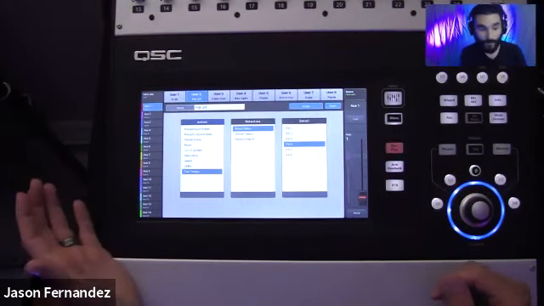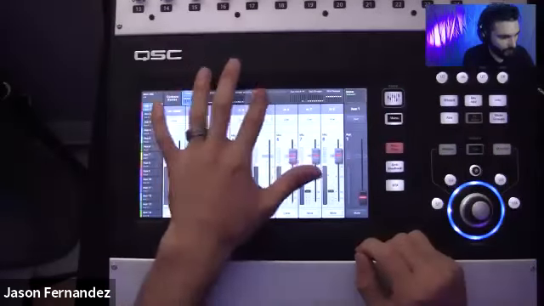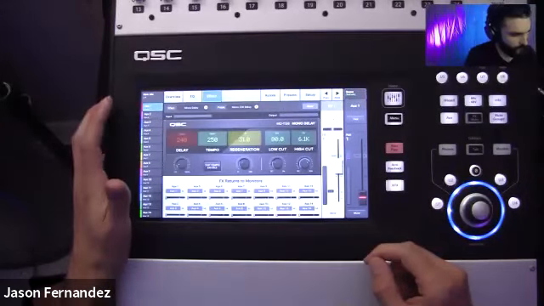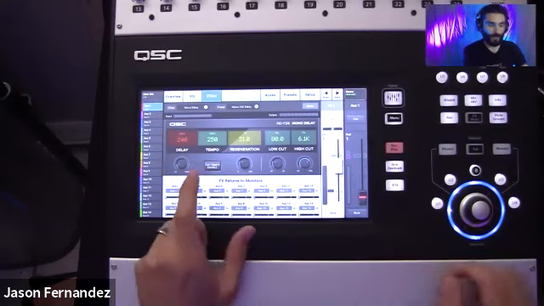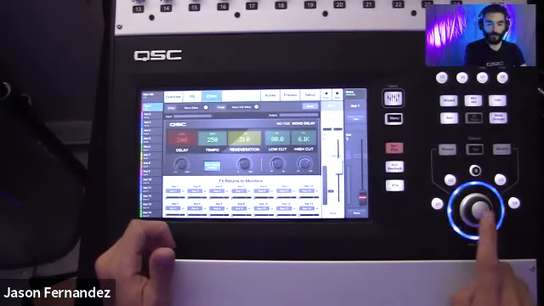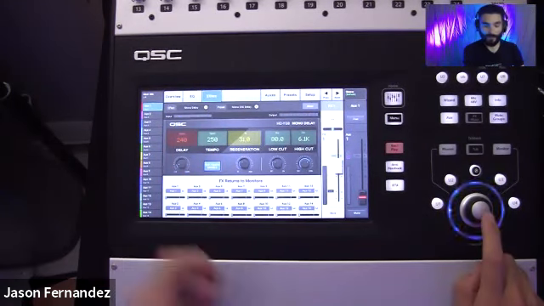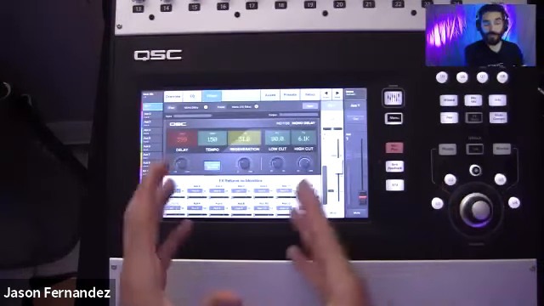I also have tap tempo here. This one is really cool. So if you're using a delay, I'll go to my effects here, and where's my delay? There we go. So I got my mono delay here. There is a tap tempo control on your delay itself, and if you activate that, it throws it to your wheel. You can see my wheel started blinking there, and now I can tap the wheel to set my tap tempo. Okay, I've set that, but I have to be in this screen to set that.